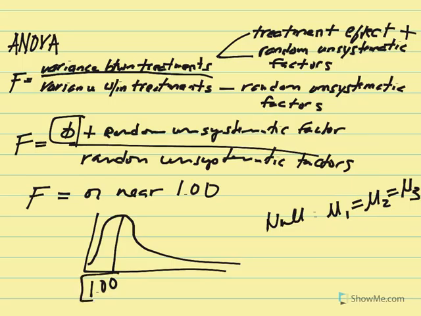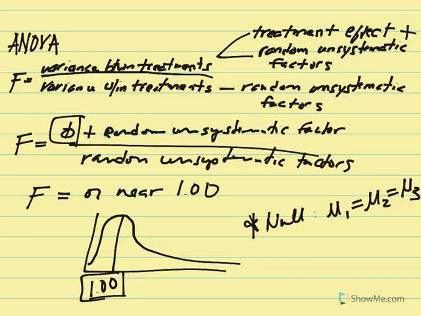And so again, if we produce something equal to 1 or near 1, then we're providing support for the null hypothesis. However, if we find a value that's very far from 1, and in the positive tail, in the tail to the right, then we have support for the alternative hypothesis that says that at least one treatment condition is